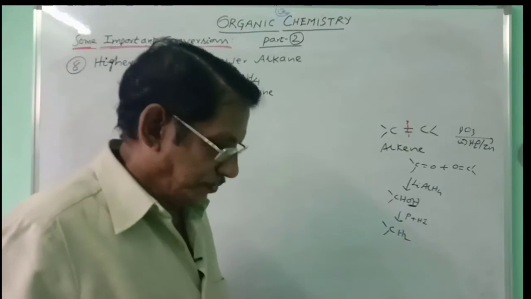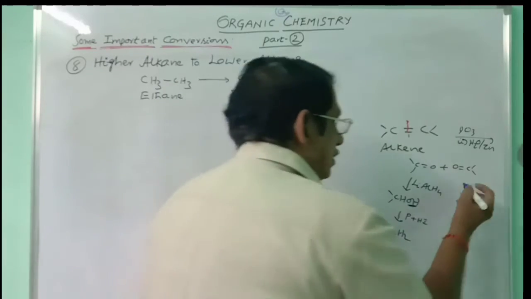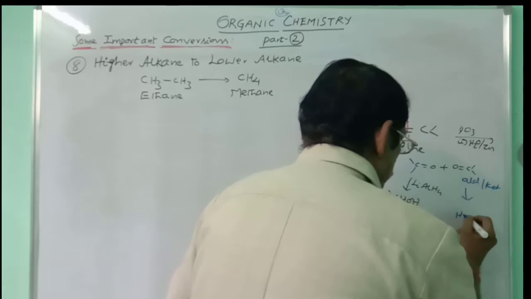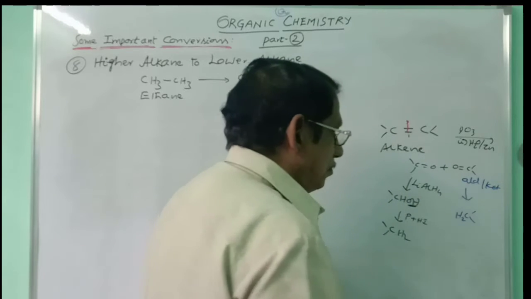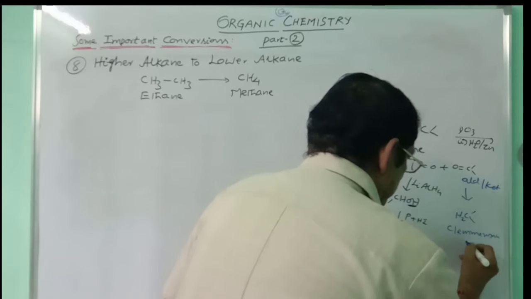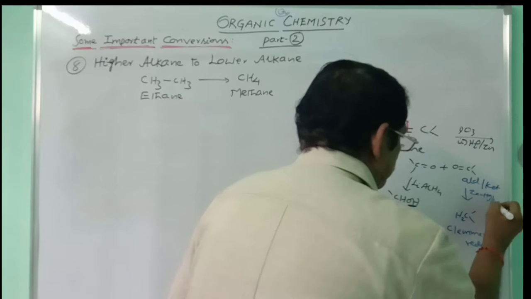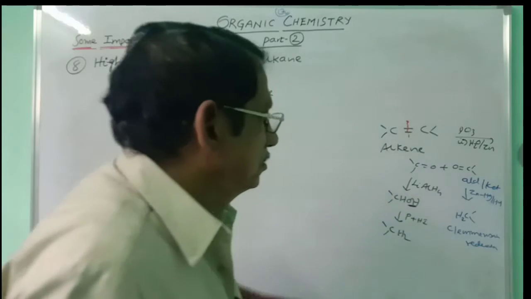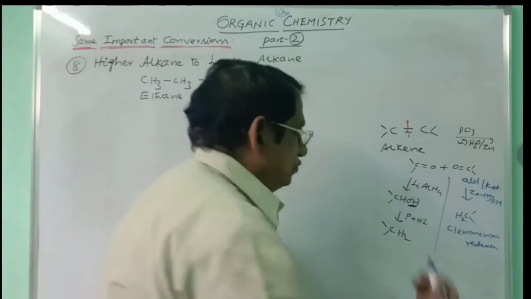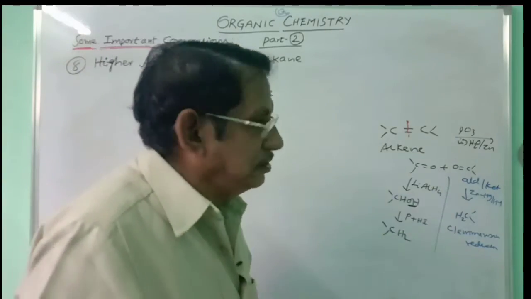This is the way. Or on the other hand, you can do one more thing here. Aldehyde or ketone can be converted directly into CH2 by Clemmensen reduction. You can take this one also, Clemmensen reduction. You have to use zinc amalgam and HCl. This is Clemmensen reducing agent. C=O will be converted directly into CH2. Either of these two you can use. And so you have to get C=C.